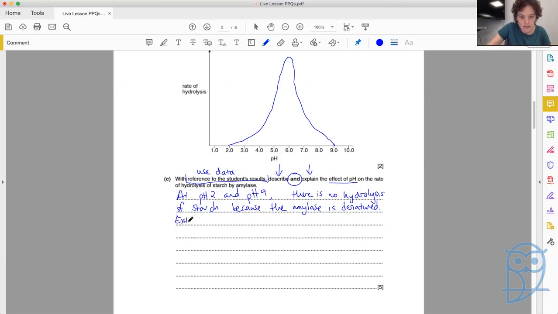Extreme differences, there we go, in hydrogen ion. Now, remember also we have to write hydrogen ion. We can't write H+. This is biology, not chemistry. Okay, we have to write them out. In hydrogen ion concentration,